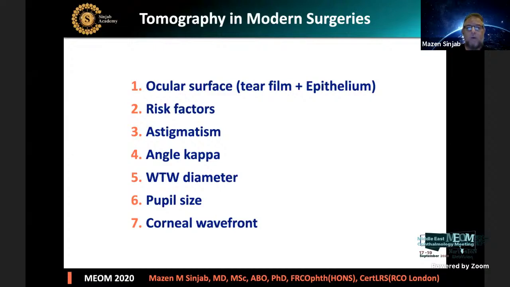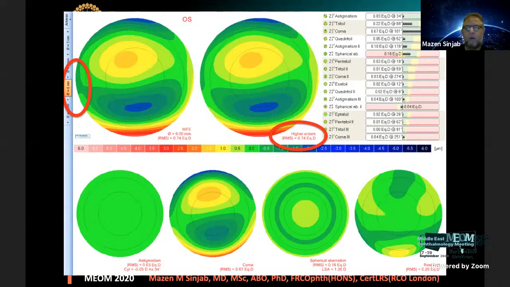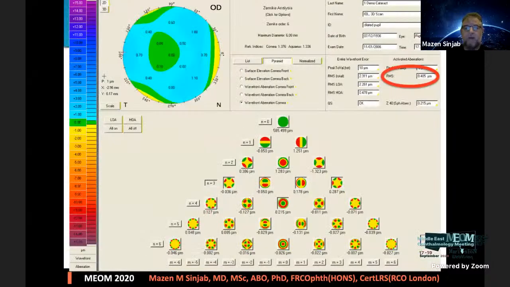Finally, I come to the corneal wavefront given by the corneal tomography. Corneal wavefront is very important, not only for laser-based refractive surgery, but also corneal-based refractive surgery, lens-based refractive surgery, and cataract as well, especially if we are planning for premium IOLs. Usually, we study the RMS of the high-order aberrations. The good thing in the Pentacam is that we can select the high-order aberrations that I want to check